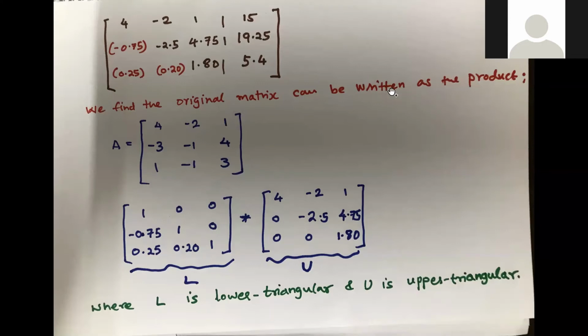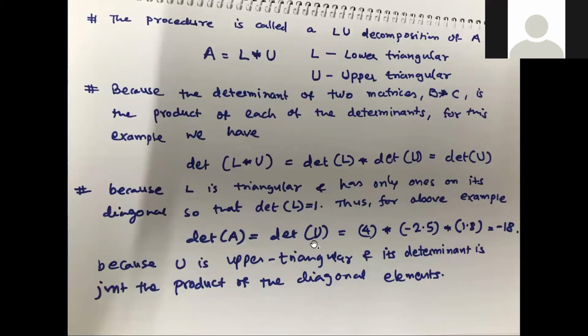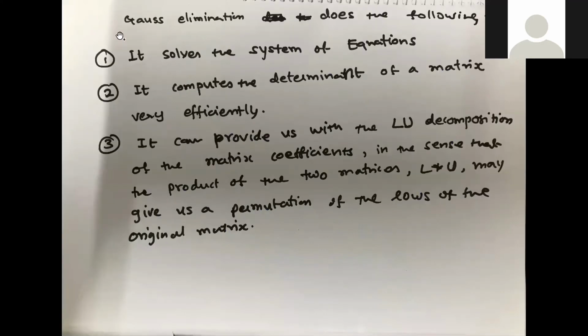So this is one, how you can determine the determinant, and how you can get the lower and upper triangle. If you know the upper triangle and lower triangle, the product of that will also help you in getting the solution vector directly. So it has a lot of importance, because U is the upper triangle and its determinant is just the product of the diagonal elements. Again, I will come back to the lower and upper triangle examples that we will be discussing.